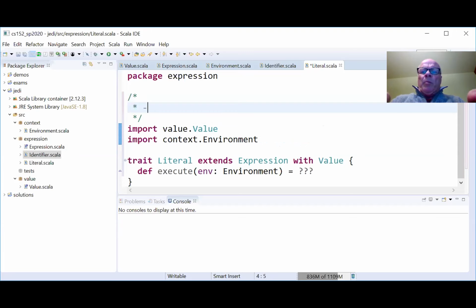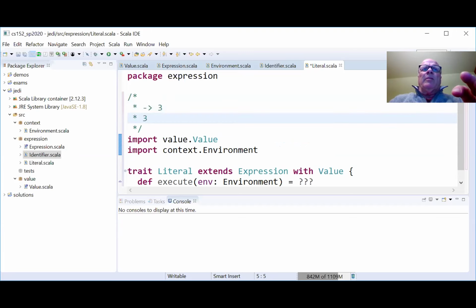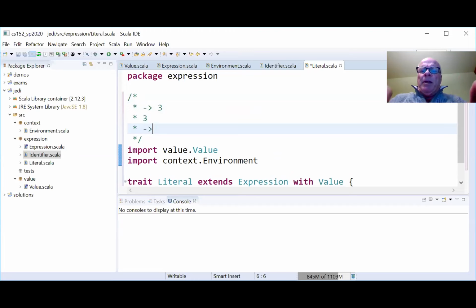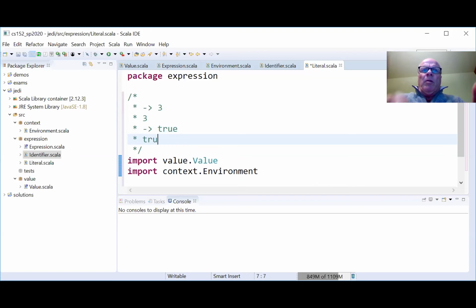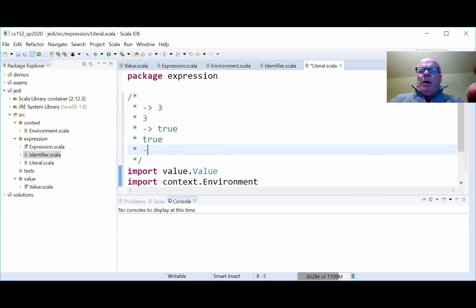And so here's the prompt. If I type in 3, the answer is 3. If I type in true, Boolean, the answer is true. If I type in chars, it's a string.